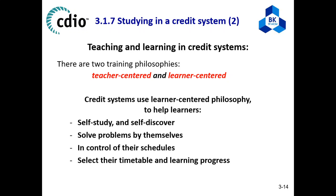The second thing is the teaching and learning philosophy in a credit system. Okay, so there are two teaching philosophies: teacher-centered and learner-centered. Teacher-centered means that the teacher is the center, and they will provide whatever the teacher has. And learner-centered is the way when we teach, we have the learner at the center. We try to help the learner to gain knowledge, to practice skills, to be more confident and more independent, and each of them will have their own plan to go through to